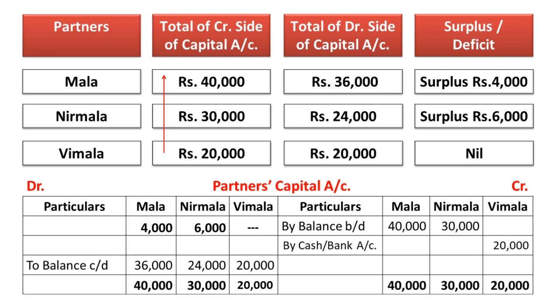What do you mean by surplus? Surplus means extra capital of a partner which has to be repaid to them by the partnership firm. Now it can be done with the help of payment in form of cash, or the surplus balance will be transferred to partner's current account, or it can be treated as a loan taken from the partner. Accordingly, we have to credit this surplus to cash account, to partner's current account, or to partner's loan account.